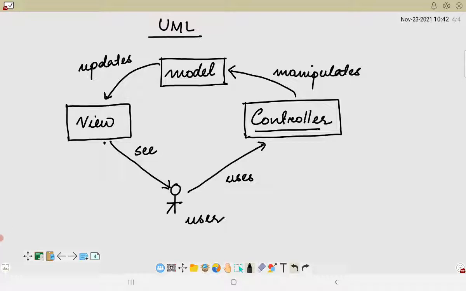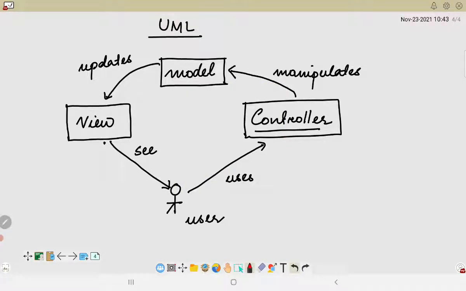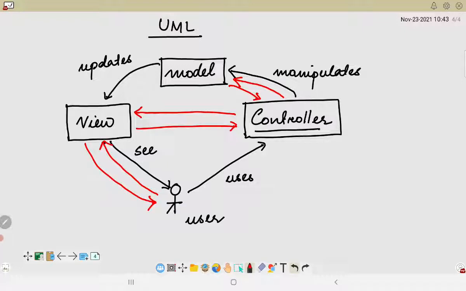So this particular representation can also be represented in a way where the user will first send a request to the view. The view will then send it across to the controller. The controller will then send the request to the model, the model will update the controller, the controller will update the view, and this view would be seen by the user.